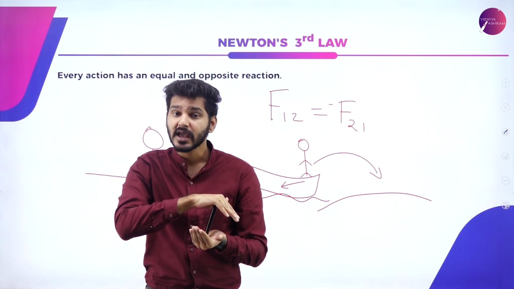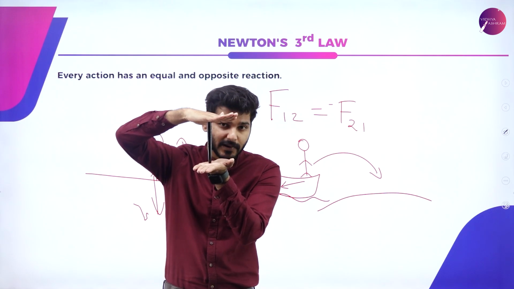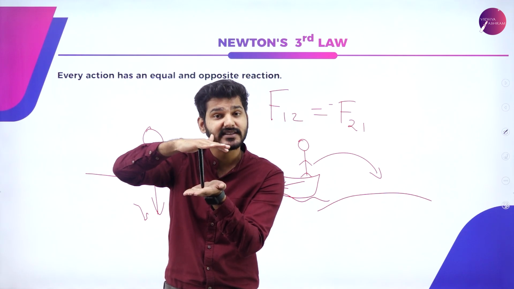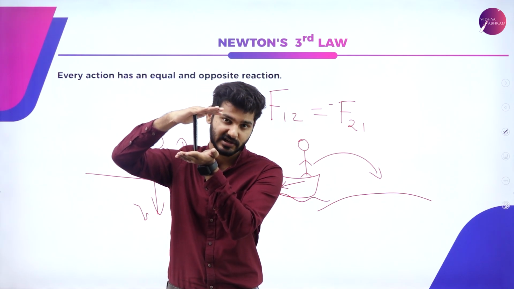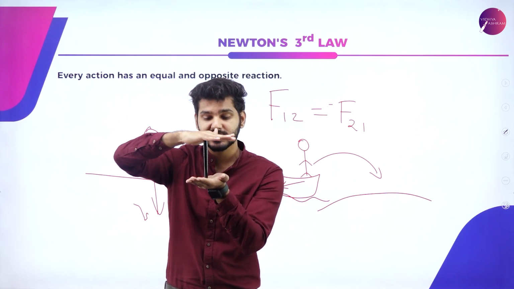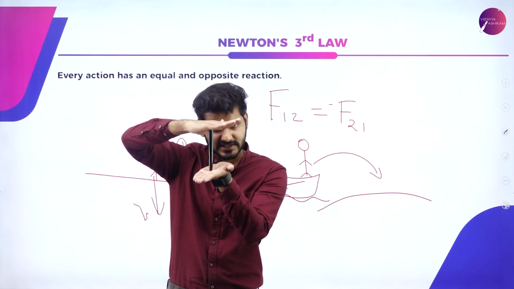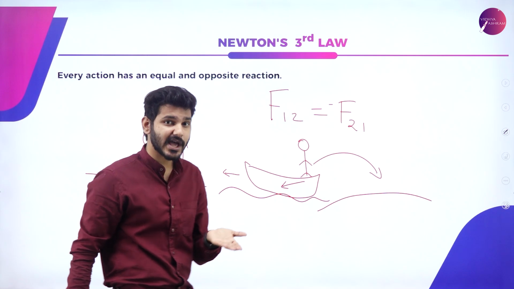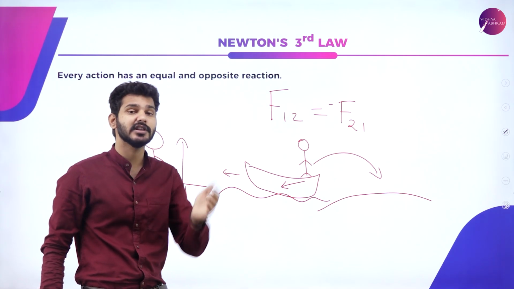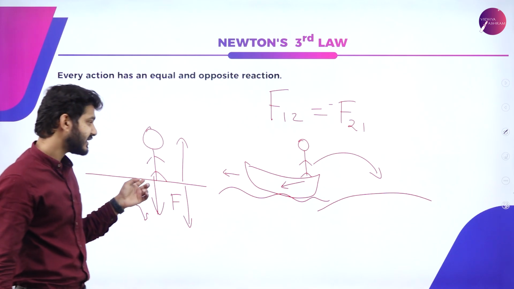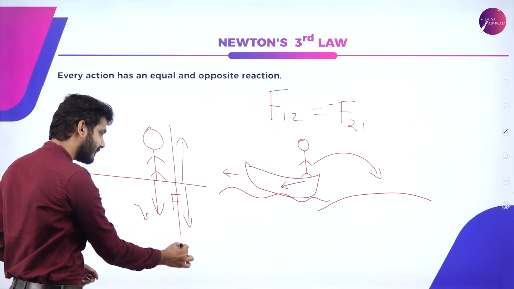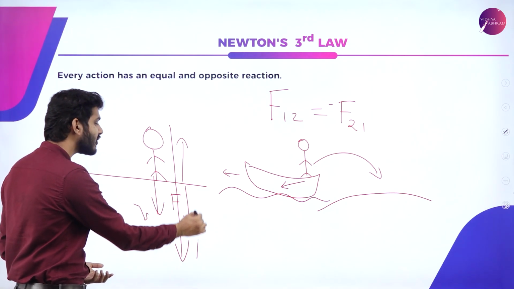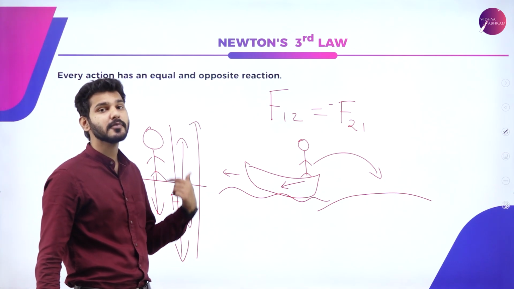But stopping it how? It can only be stopped when I apply a force, let's say 5 newtons, onto my hand like this, and my other hand exerts the same force in the opposite direction. If I'm applying too much force, then this hand will go down. But in this case, even though I'm applying a force, my hand is not going down, because my hand is exerting the same amount of force in the opposite direction. So even though I'm applying a force downward, I'm not sinking to the ground because an equal amount of force is being exerted in the opposite direction.